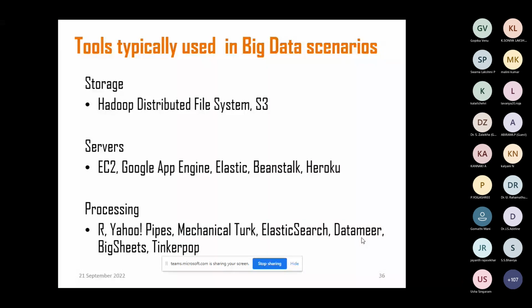But these are some tools which are widely used in the big data platform. You should not conclude that this is the only set of tools. Of course, you still have a lengthy list of tools which support a wide variety of usage. But what I have listed are the most popular and widely used tools in the big data platform.